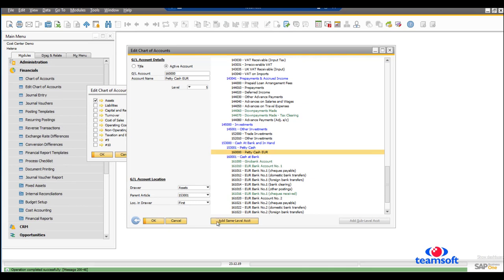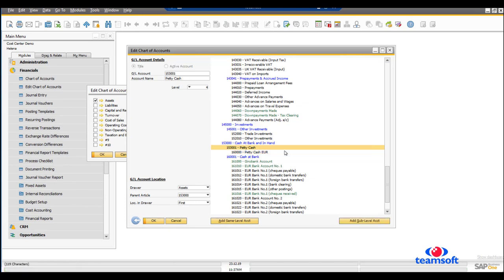And then we can add another same level account, or if we were in the title account we could add a sub-level account, and they would both achieve the same thing. So we'll add a sub-level account here, and we're going to call this one 16000. Let's go for 10, jump up a code, and then we're going to give it the name of Petty Cash